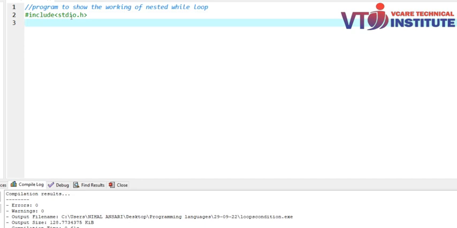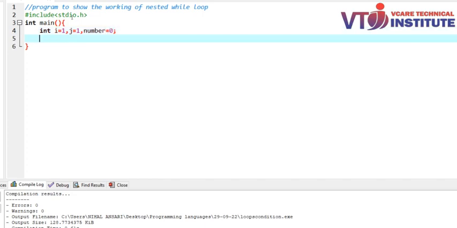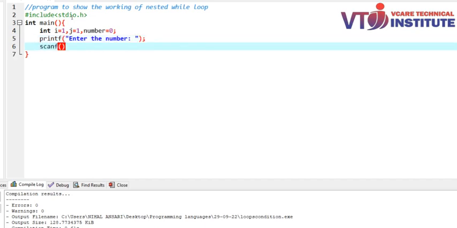हमने किया, उसके बाद हम अपने मेन प्रोग्राम पर आते हैं। ठीक है, और यहाँ पे स्पेसिफाई करते हैं int i, j, यहाँ पे हम i की वैल्यू 1 से शुरू करते हैं, j की वैल्यू को भी 1 से शुरू करते हैं, एंड एक नंबर ले लेते हैं जो कि हम यूजर से पूछेंगे, स्टार्टिंग वैल्यू हम नंबर की 0 ले लेते हैं। ठीक है, अब हम यूजर से मांगेंगे उसकी वैल्यू क्या होना चाहिए, एंटर द नंबर, और स्कैनफ से हम, क्योंकि एक इंटीजर है तो यहाँ पे हम %d लिखेंगे फॉर्मेट स्पेसिफायर, और उसके एड्रेस में सेव कर लेते हैं।